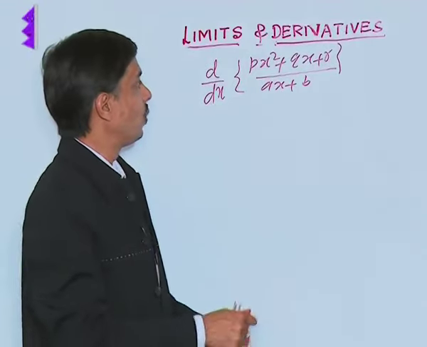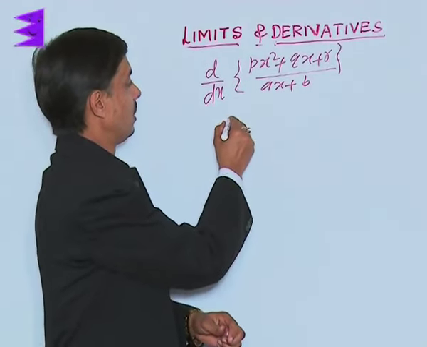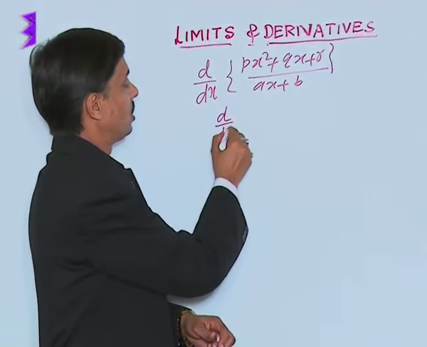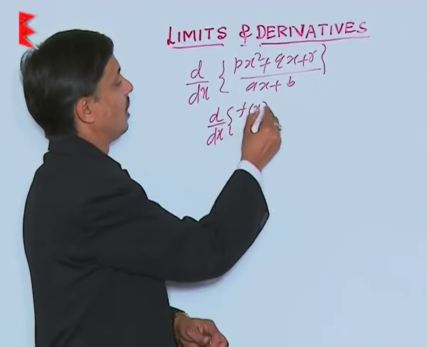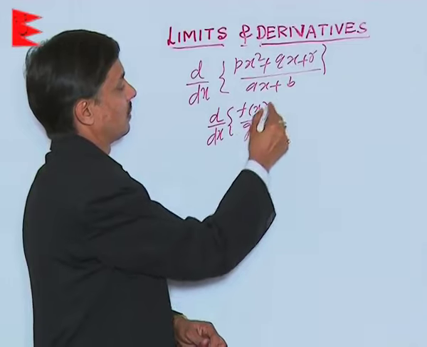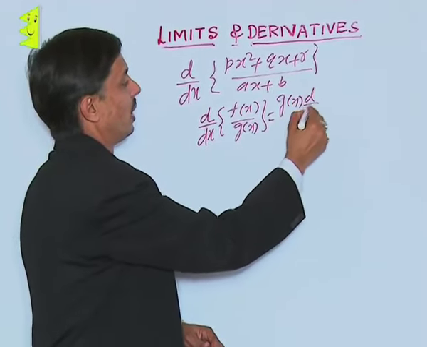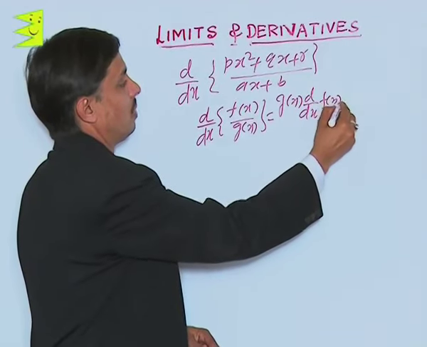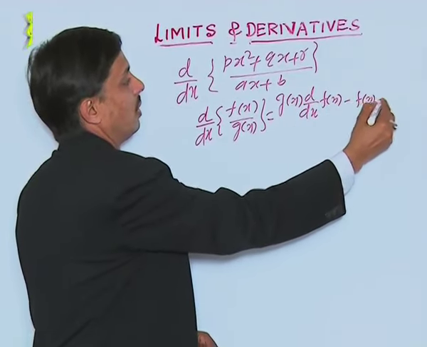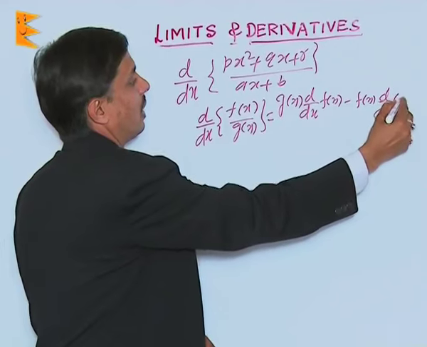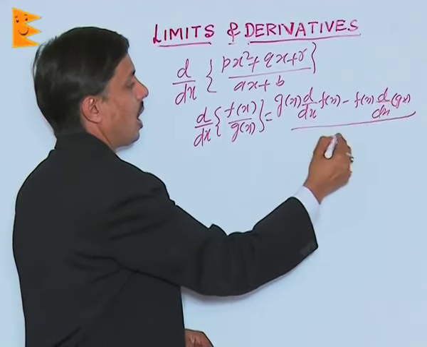To evaluate, we will apply the formula d upon dx of f(x) upon g(x). The rule is denominator into derivative of numerator minus numerator into derivative of denominator, that is of g(x), upon denominator's